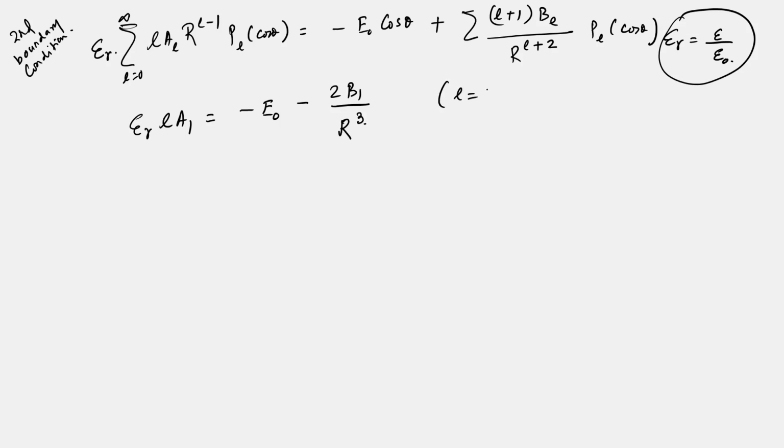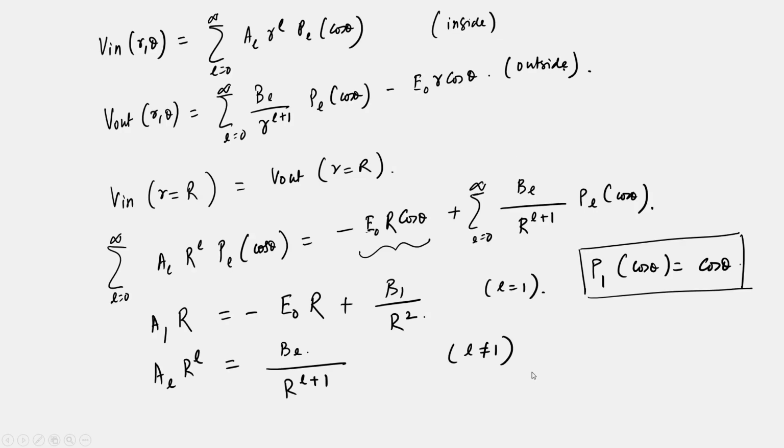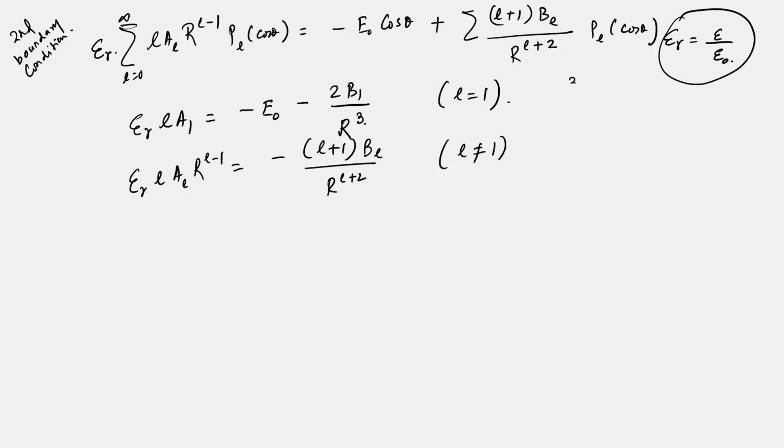Okay. So, this is for l equal to 1, and epsilon_0 l A_l r^(l-1) is equal to minus (l+1) B_l divided by r^(l+2). So, this is for l not equal to 1. If you call these equation 1 and equation 2, these two can be called equation 3 and equation 4. And that sort of yields us that from equations 2 and 4,